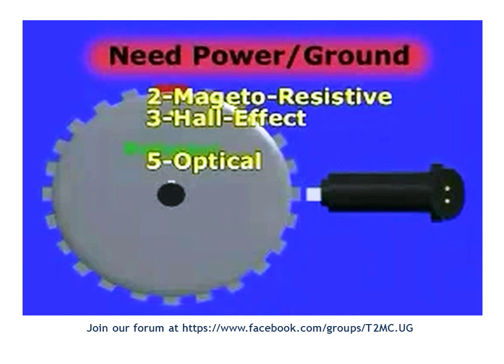The magnetoresistive, the Hall effect, and the optical have to get power from the computer, and basically what they do is toggle that power on and off, and that's how the computer interprets what they are sensing, because the teeth and gaps they are sensing keep causing a magnetic field that stops the flow of current, and then lets it, and then stops it, and then lets it. By reading that, the computer works out what position the camshaft or crankshaft is in, and therefore